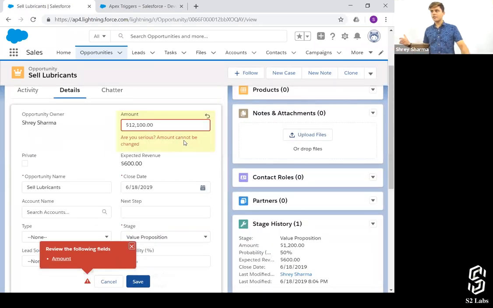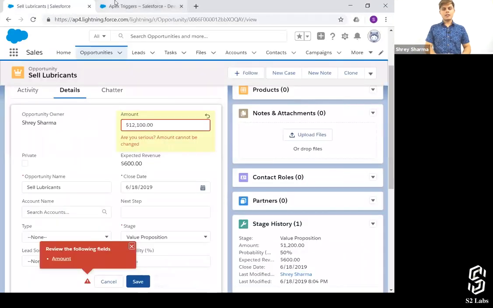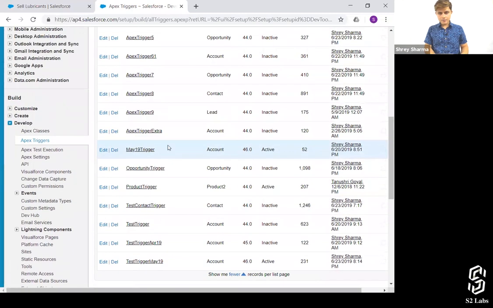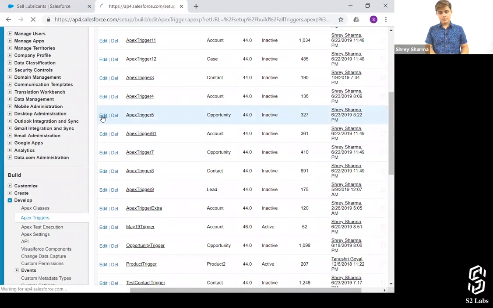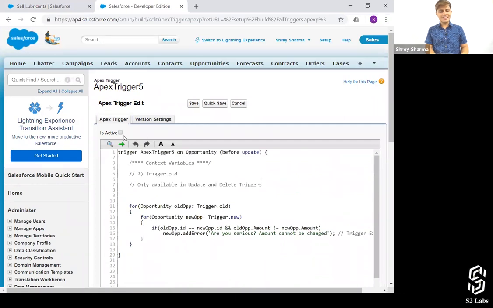So first of all, is this clear? Now if I remove this from here, let's have a look at the trigger. Is it inactive? Test trigger 5. I think I've created another trigger which is making it inactive again and again.